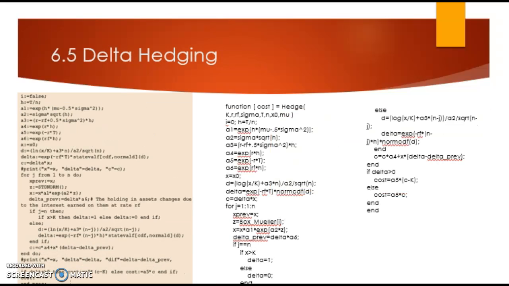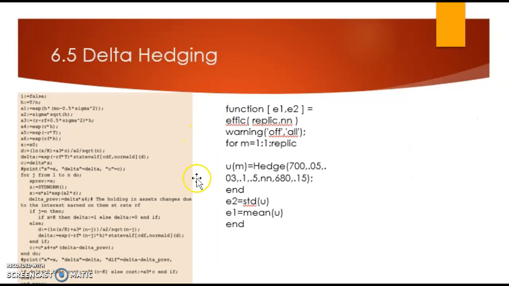Moving on to our actual 6.5, which is delta hedging. Once again, this yellow over here is the part from the appendix from the book, and over here is the actual MATLAB function that we've created for it. And then this is the function that's actually going to call that other function. So when we run this,